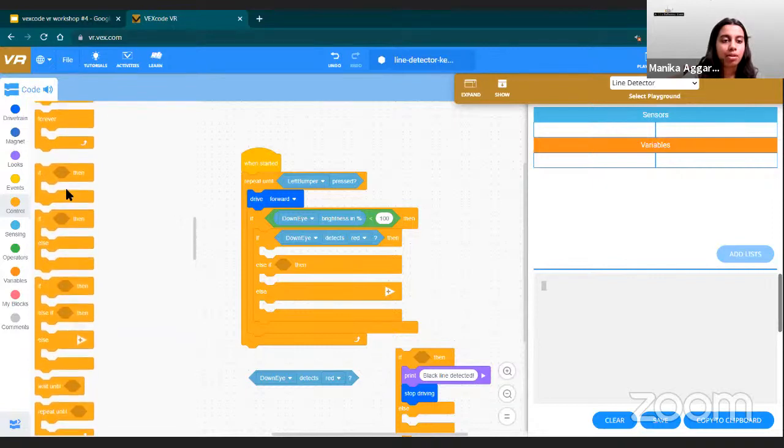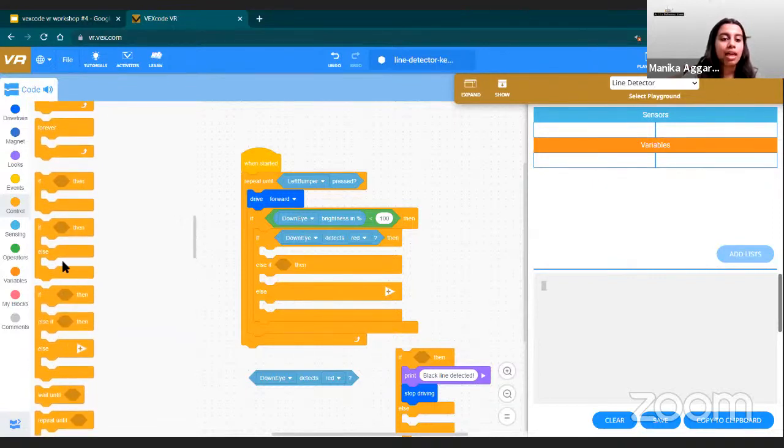So right towards the middle, we have 3 different types of if blocks. The first if block is just one: if this, then this. There's no else. The second type of block is if this, then something, and then else. And then there's a third type, which allows you to add multiple elses. So it's basically like the advanced version of the regular if then else, because otherwise I'll have to keep saying,